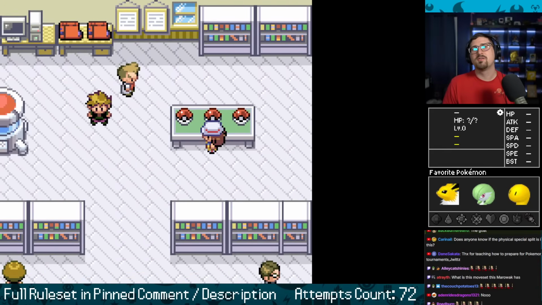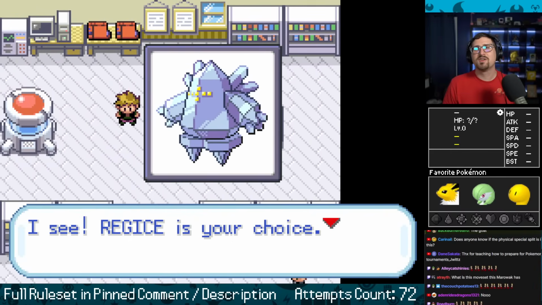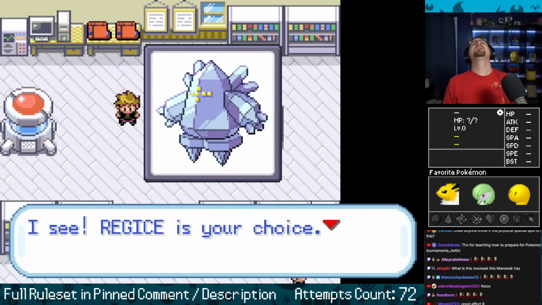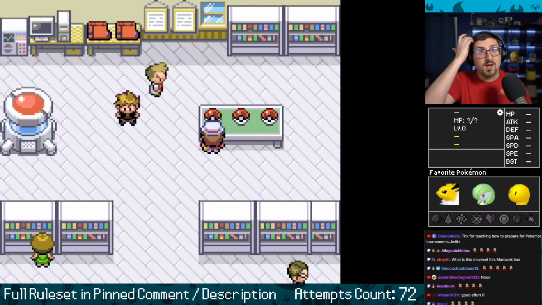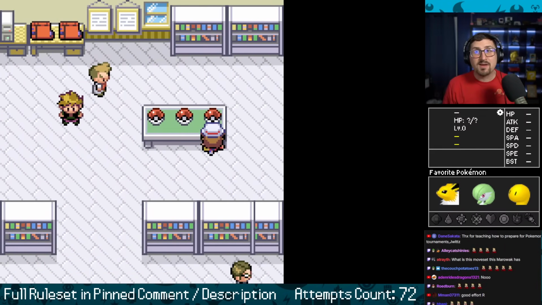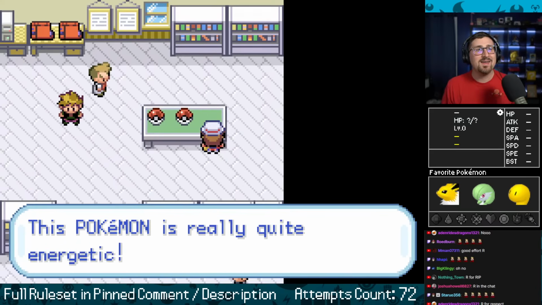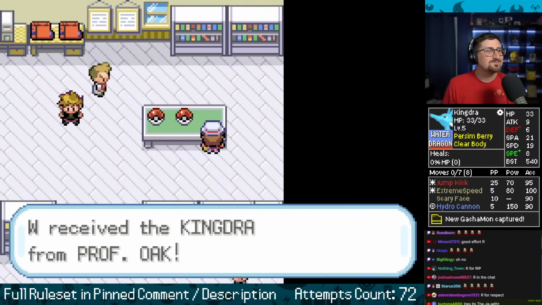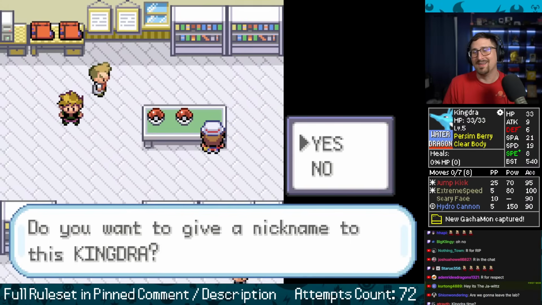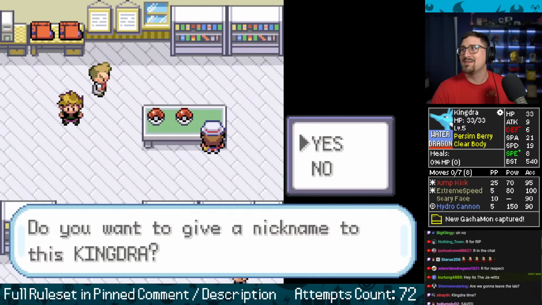Oh, Jesus. Kingdra's going to completely destroy us. And I'm not allowed to pick a legendary, which means I'm allowed to get Kingdra, right? Kingdra's not 600 BST. Kingdra's mine now. Yes, that's the rule. Are we going to leave the lab? I left it 3 times in a row to start. Kingdra's mine now. Saved by that rule. I've never been happier to see a legendary in my life.